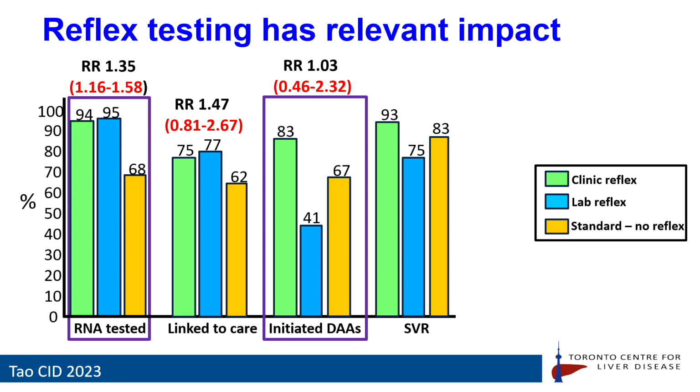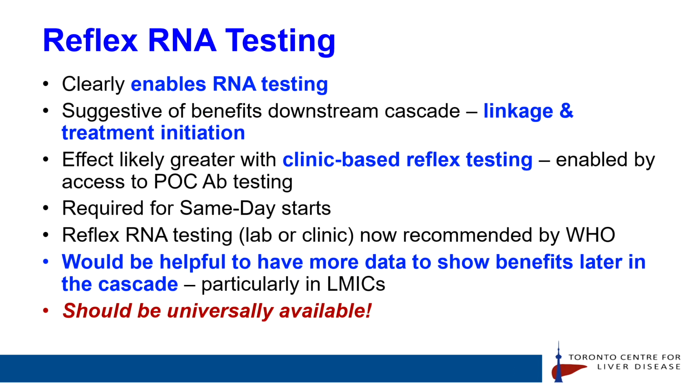And to be honest, these data don't look that impressive, but I think part of it is that the studies haven't been as rigorously done as they should be. So what you clearly learn from this is that it enables RNA testing. There's some suggestive benefits downstream in the cascade, that you get linkage and treatment initiation, and the effect is likely